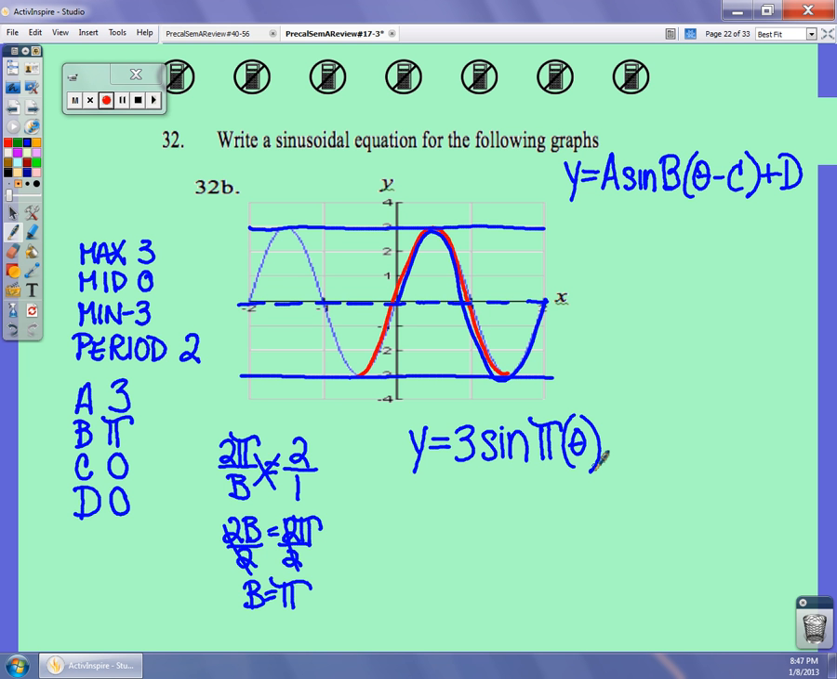Now, if we wanted to write the cosine function, which we could also write here, everything, you notice, stays exactly the same except for the c value. Because of course the cosine graph is always shifted slightly differently from that of the sine. In this case, we could either